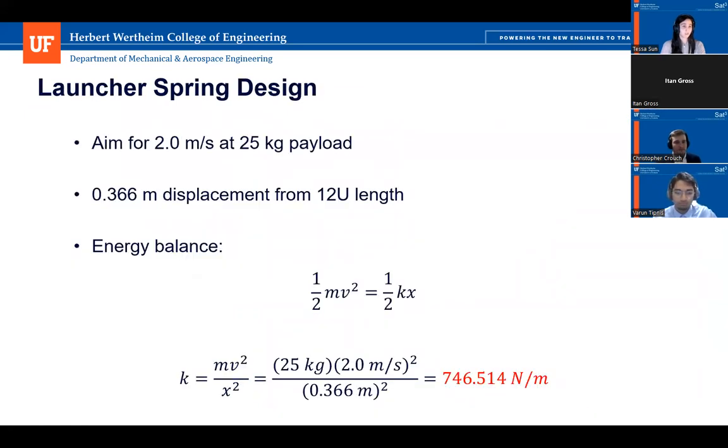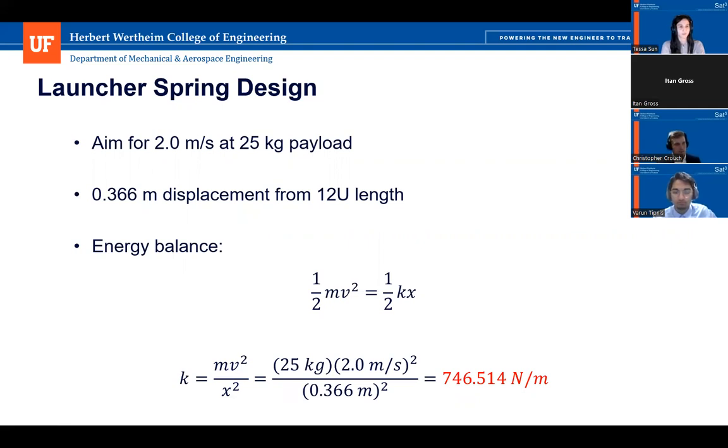The launcher spring took several iterations to converge onto our final design. These calculations were based around a combination of the upper limit of the exit velocity requirements and the upper limit of the CubeSat mass. Aiming for the worst case energy requirement in this case would ensure that the spring is sufficient for all allowable CubeSat masses below 25 kilograms. We can also assume that the spring would be displaced from neutral by the length of the 12U CubeSat in the Z direction, which is the